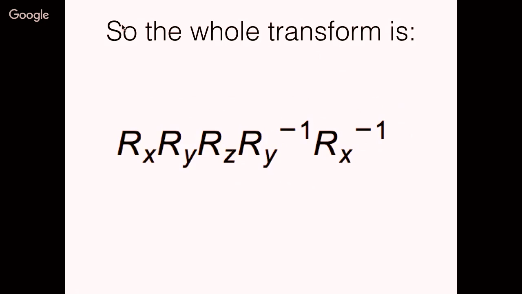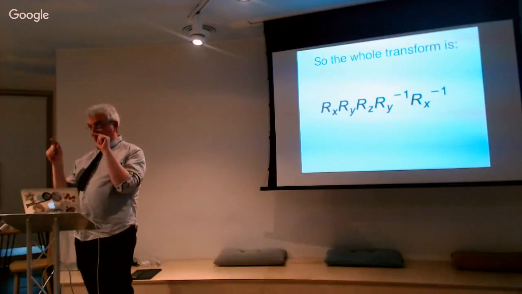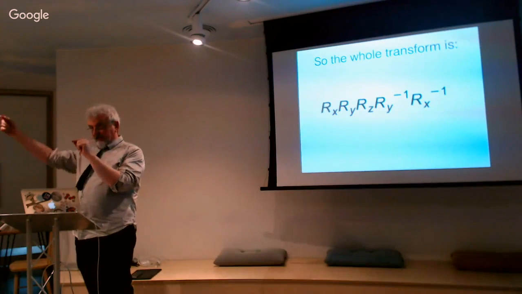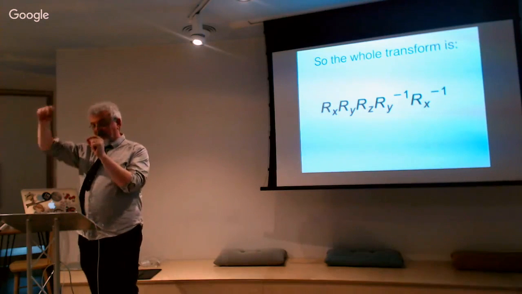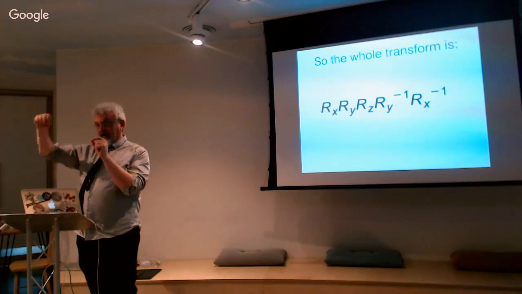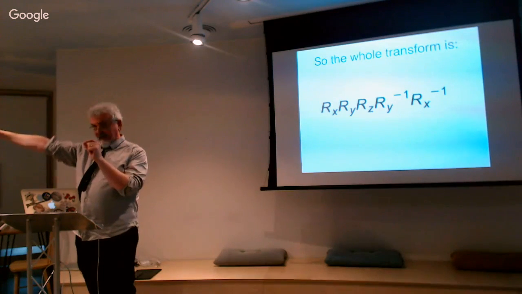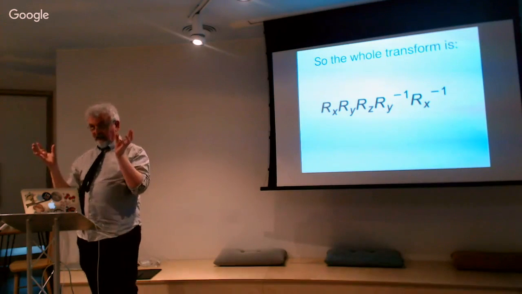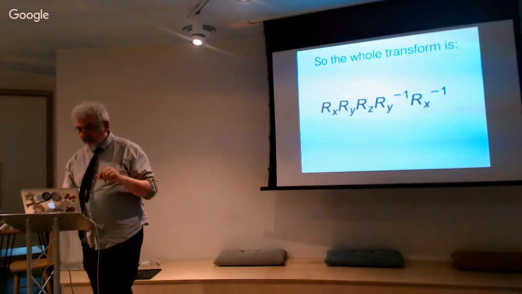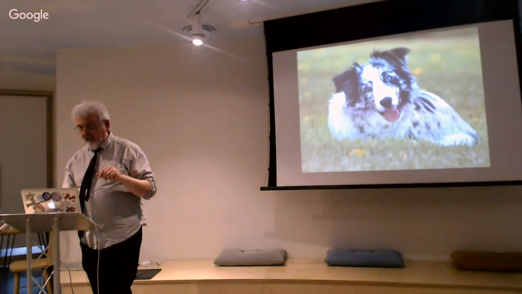And of course, you can do the same thing that we did with the 2D matrix to translate it from a position that's not adjacent to the origin. So you can do a translation at the beginning and a translation of minus one at the end. And you can rotate anything around an arbitrary axis by these means. I think that's it.